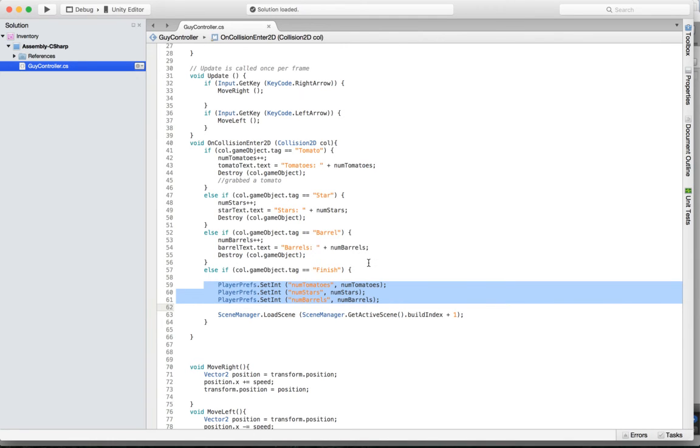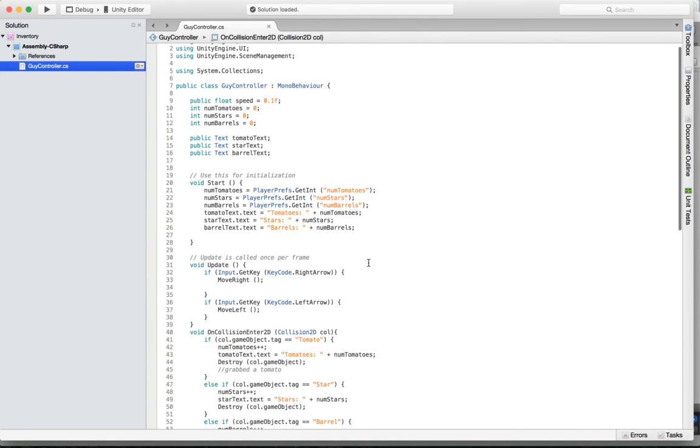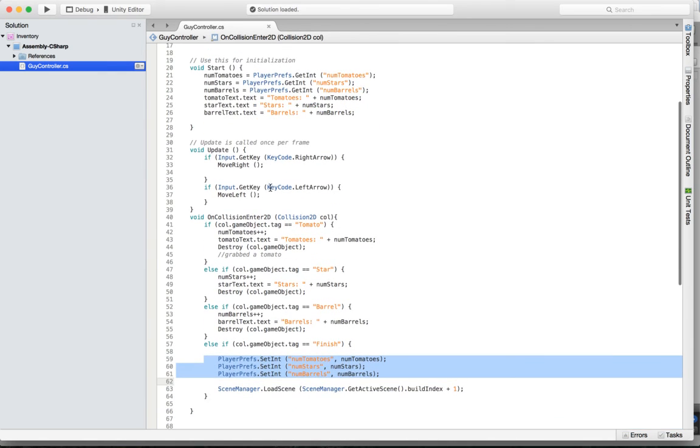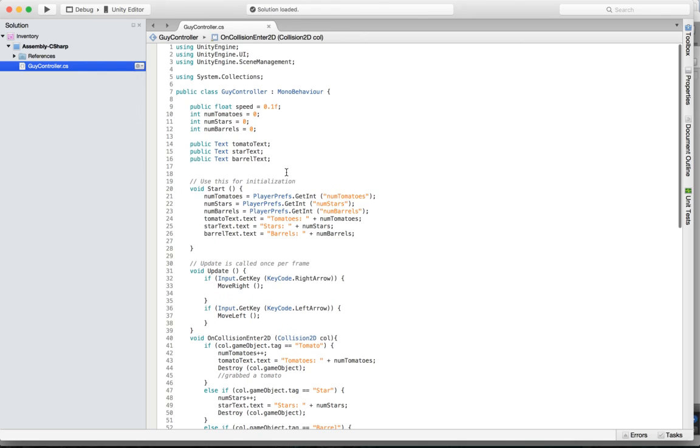You can also use DontDestroyOnLoad on your game object, which is another way to do that. And that doesn't persist it on the disk, though. That will only persist it for that running. So that's another way you can do things. Maybe we'll talk more about that one later, but for right now, using PlayerPrefs is probably going to be good enough for what everybody needs. So that's how you can save stuff between